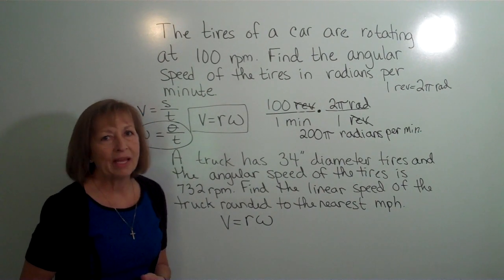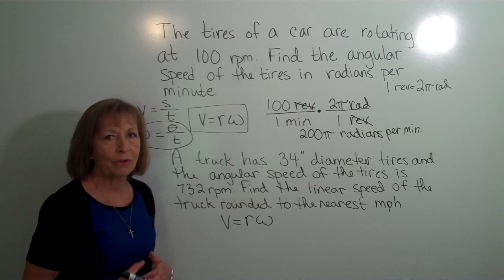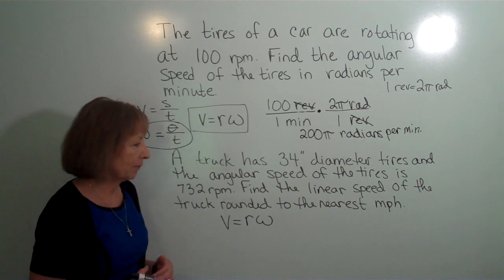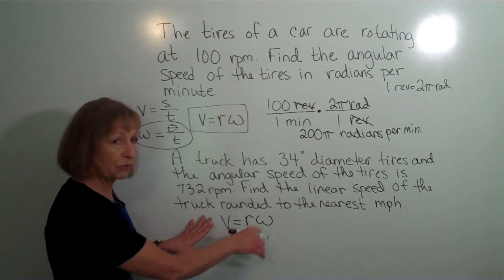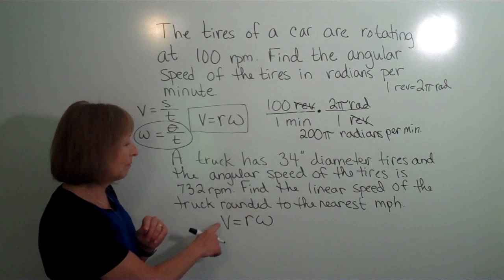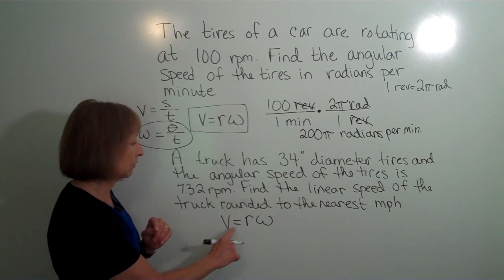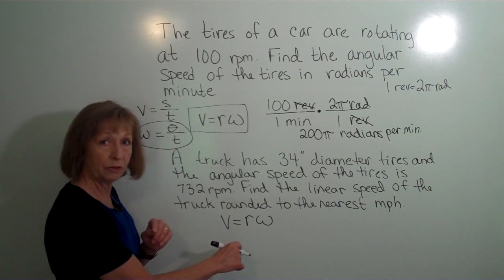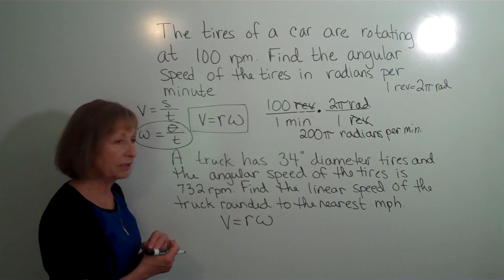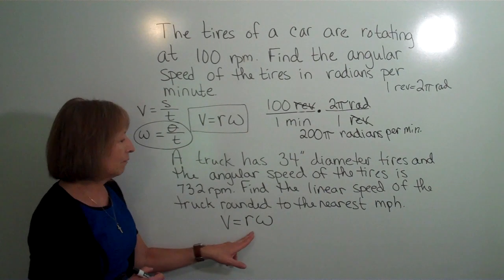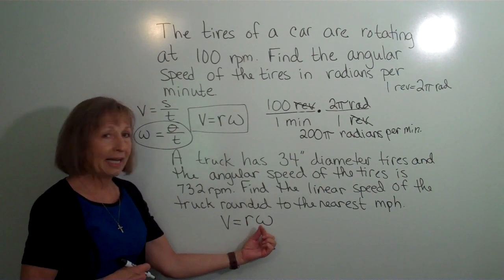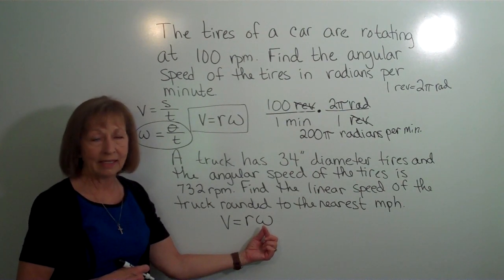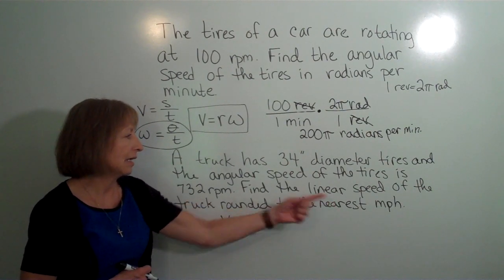But the biggest thing is that it's not in the right units now, so this is a really big unit conversion problem. That's pretty much what these basically are. Sometimes we have to do a little bit of solving if they give me the linear speed and the radius, or they give me the linear speed and the angular speed. I'll have to solve my equation. But in this one, they give me a way to get my radius, they give me a way to have my angular speed. I just need to get these in the right units to give the linear speed in the